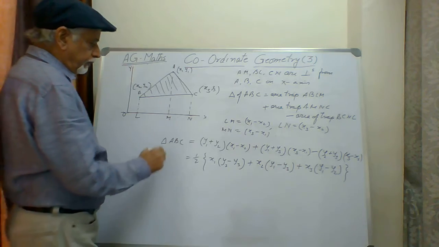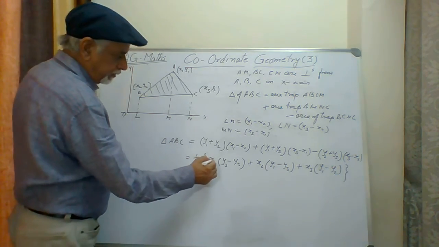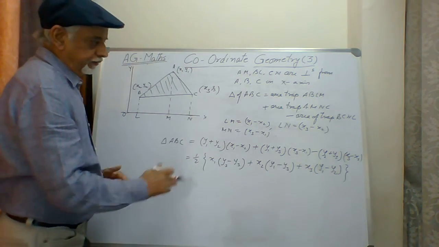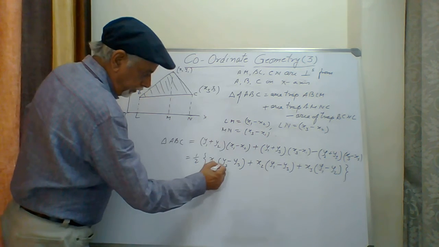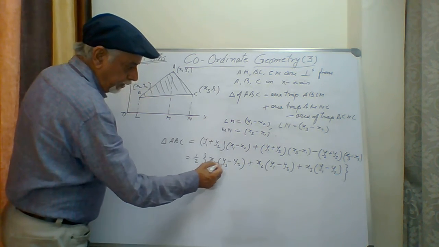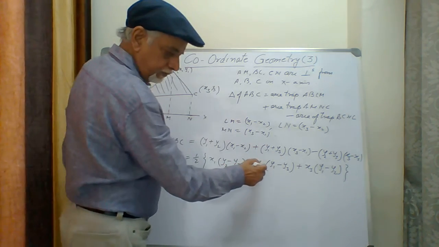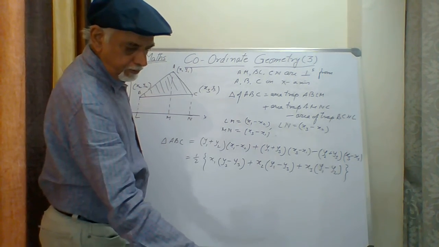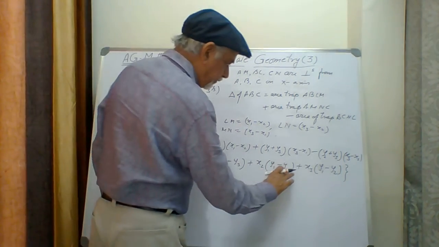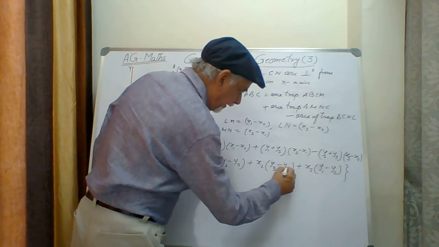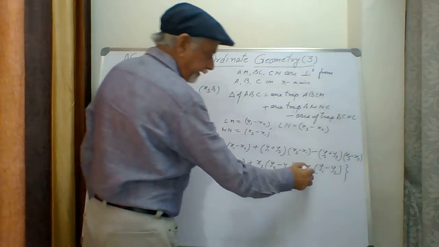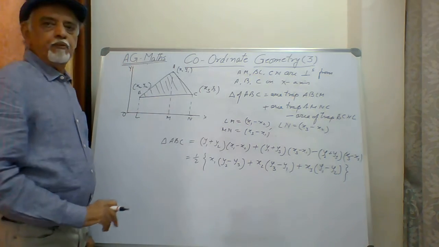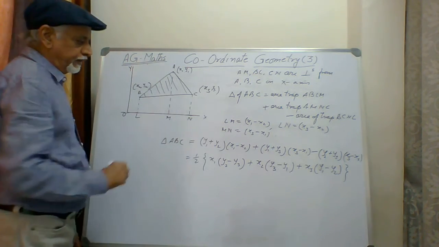It's so simple. Area will be half. Multiplication of x1, x2 and x3 are all positive terms. Terms are getting added. Three terms. This x1 will be followed by 2 and 3, cyclic order. 1, 2, 3. Then again comes x2. x2 is y3 minus y1. Then 2, 3, 1. From 3, again it comes to 1 and 2. Right? In this way, we keep remembering. So this is the area of triangle ABC.